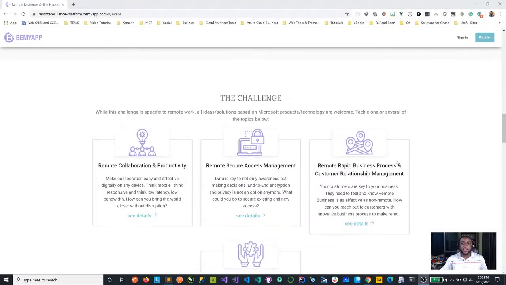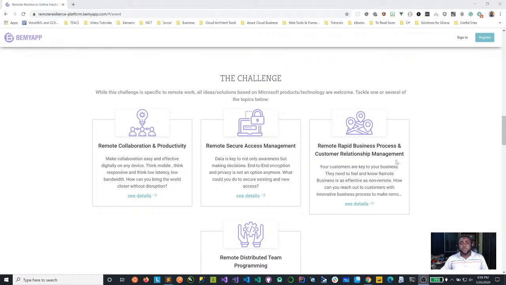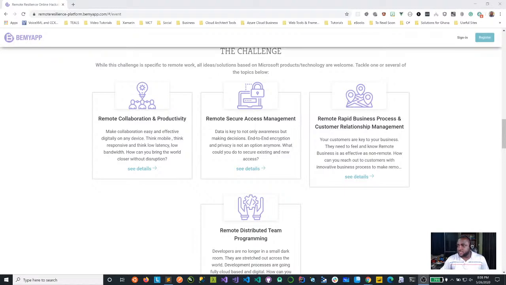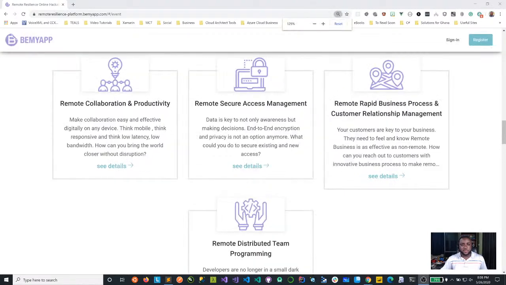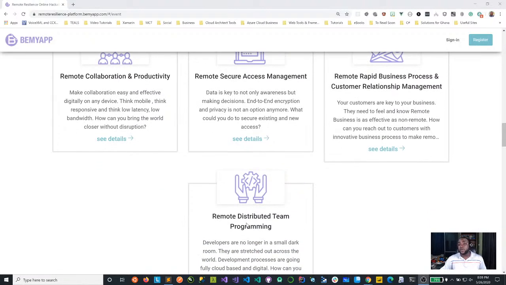So we're calling on all of you to pick challenges in any of these categories: remote collaboration and productivity, remote secure access management, remote business process and customer relation management, and remote distributed teams programming. These are sections that you can partake in.